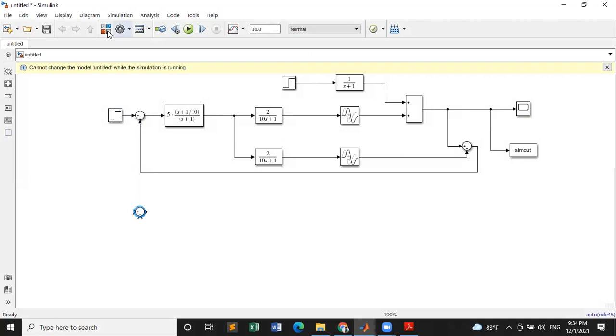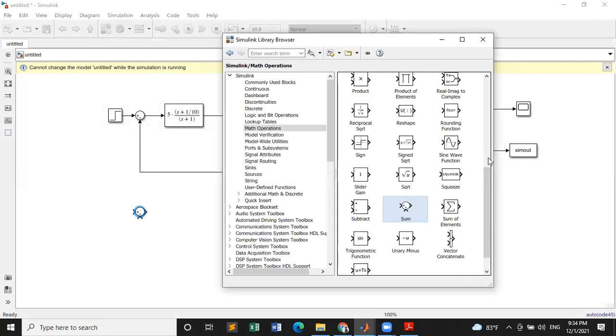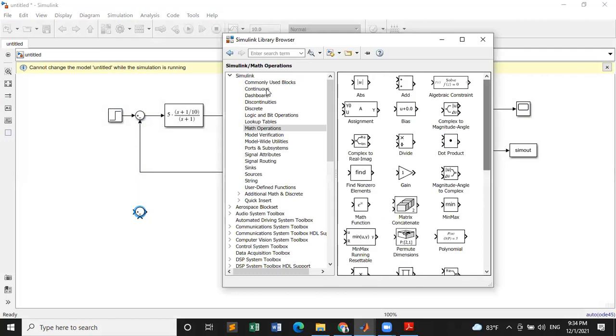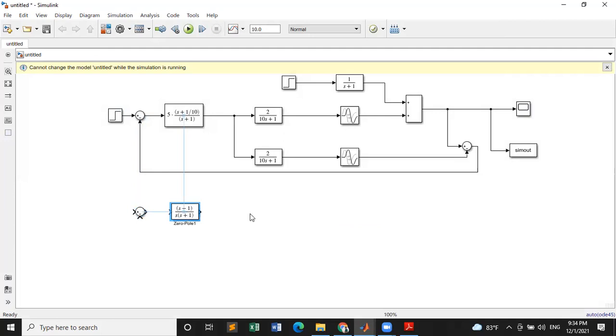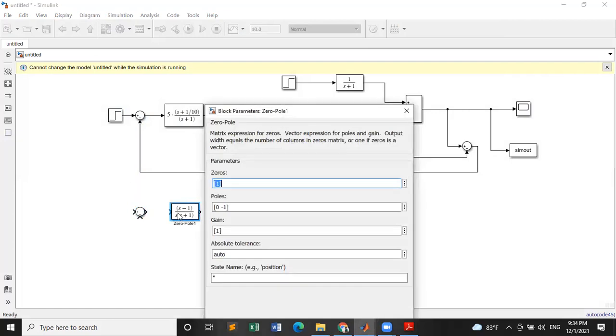You get this, you get a 0 pole order here. Continuous. Get 10. We're trying to build this, right? Yeah, trying to build 10 plus 1 over 2 s plus 1 over 10, divided by s plus 1 squared. So